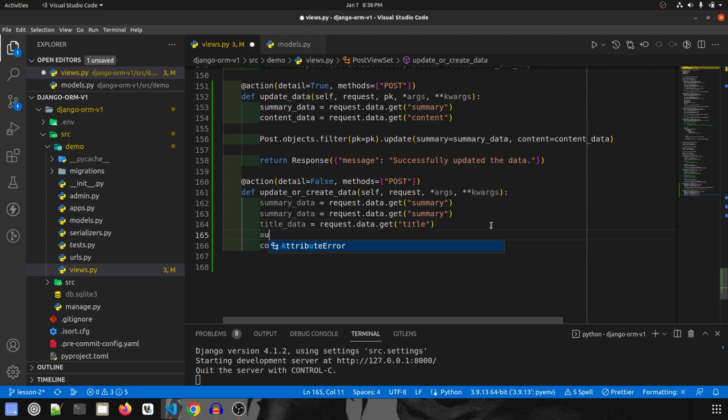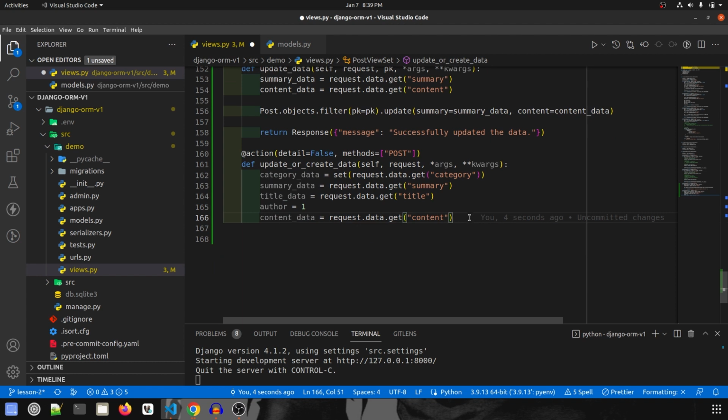Then I'm going to declare author, and this author will be 1, because we know for a fact that admin user exists, and that is the user we would like to be the author of the post right now. Once you all set up all the login and sign up process, you all can replace this with request.user.id. So now we want also category, and this I'm going to convert it into set, and I'm going to copy from here and paste. So we have all our requirements ready from the front end side, that is, getting all the data in the backend from the front end past request.